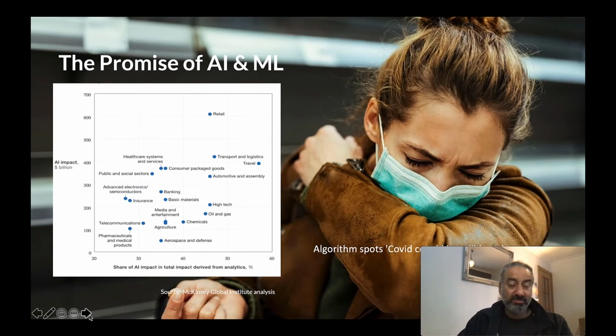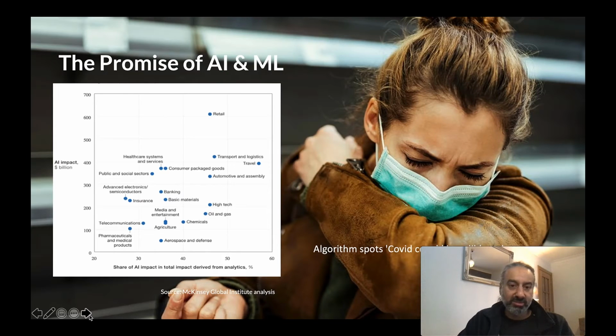Of course, COVID isn't the only area of our lives that has been impacted by machine learning. I guess besides the risks, there are many different industries that are using AI and machine learning in their day-to-day operations.